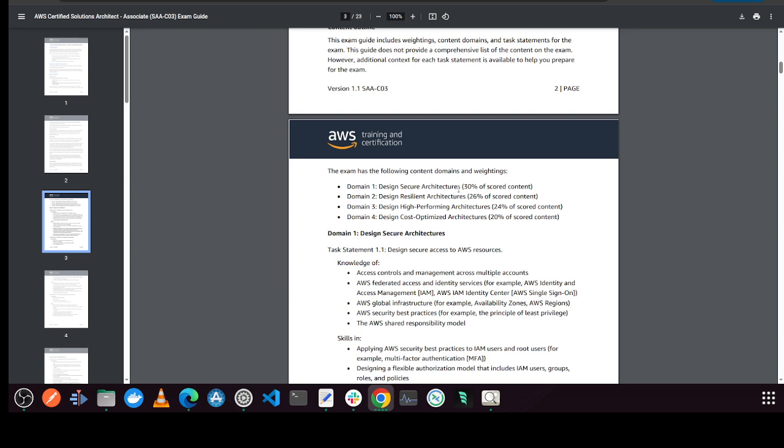If it's a NoSQL requirement, do you use DynamoDB or DocumentDB for things like MongoDB and so on. Things like Memcached and Redis and all these different services that are in the cloud. So basically, as a solutions architect, you ask the question, okay, how would you best design this? How do you optimize cost? How do you make it resilient? How do you make it secure? How do you make it high performing?